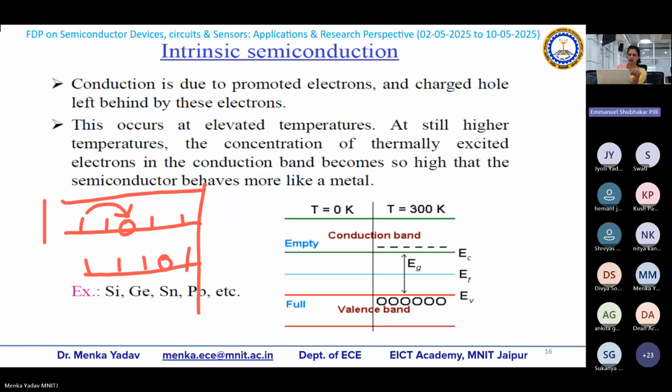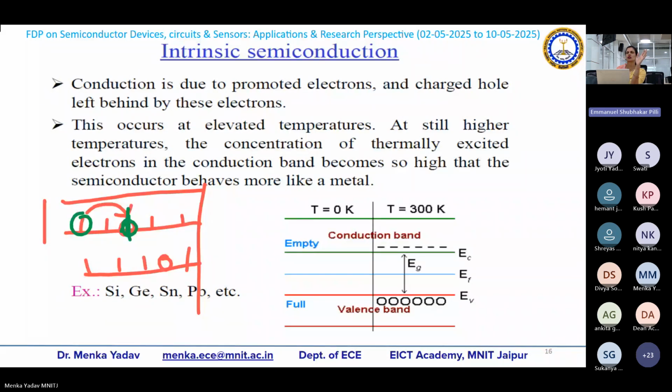If this particular person is moving from here to here, it means this particular seat is getting vacant. This seat is filled now, and this becomes vacant. So this vacancy is nothing but a hole. And the person who is moving from that particular place to another place, that was the electron. Once this person and this seat are fixed, then that becomes the complete structure.